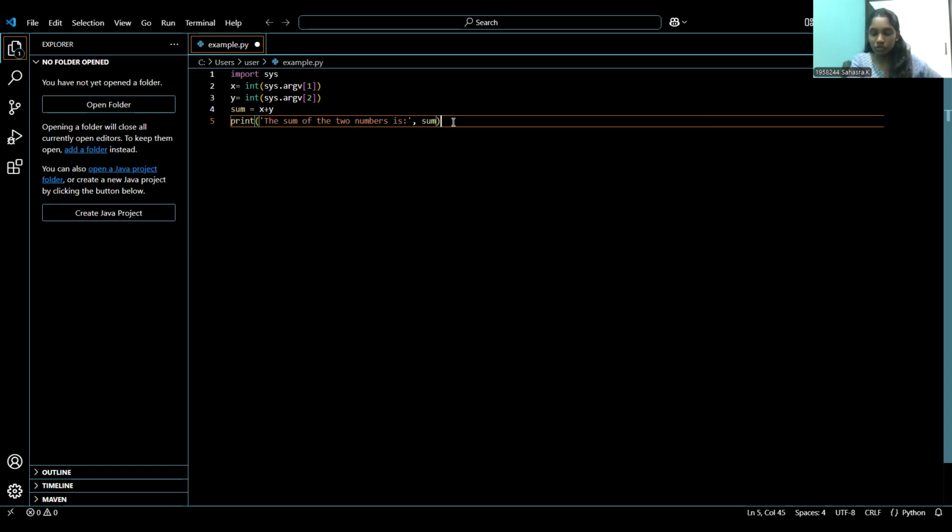I hope you understood what happened here. We've imported the module sys, and then we are taking 2 variables, and then we'll pass arguments to the 2 variables, and then we'll perform the addition operation, and then we'll print their sum. So I'm storing the first element as sys.argv of 1 and sys.argv of 2, because by default sys.argv of 0 will contain the file name. So I've saved this and we'll open our command prompt.